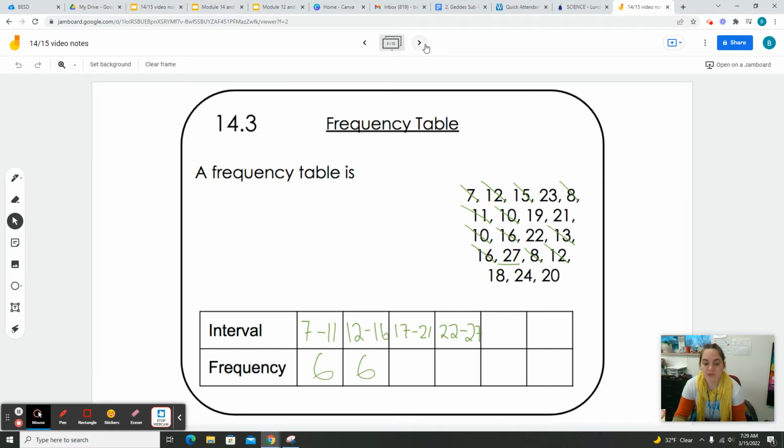And if I'm going too fast, you feel free to pause. I just don't want to make this video too long, so I'm going to go kind of quick. So 17 to 21. So we have 1, 2, 3, 4. Okay, and then we do 22 to 27, which we have 1, 2, 3, and 4. Okay, so now we have our frequency. This is how many times it happens in that interval. So now that we have our data set,